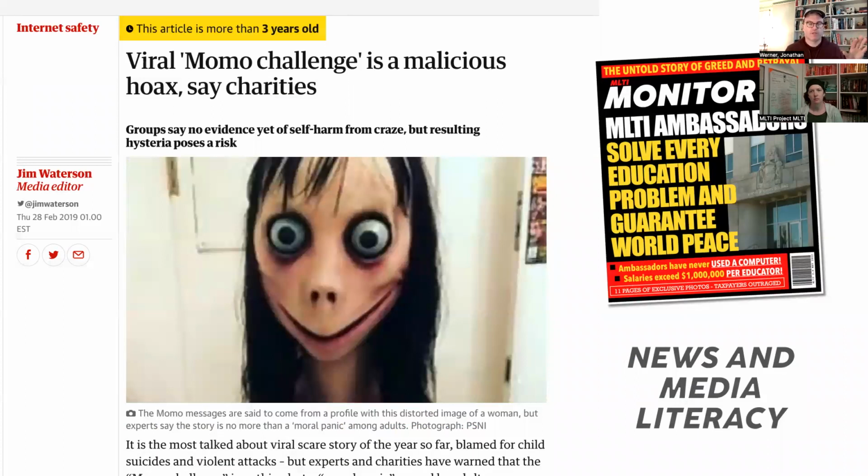I also, as a side note, this is from The Guardian. I'm a big fan of the British press, I'll say. And The Guardian, for every single article that is more than 3 years old, puts that warning up on top: this article is more than 3 years old. To me that is such a brilliant, simple reminder to check your sources. This could be completely wrong now, right? Someone may have become a Momo copier and Momo is real now, right? So just that basic